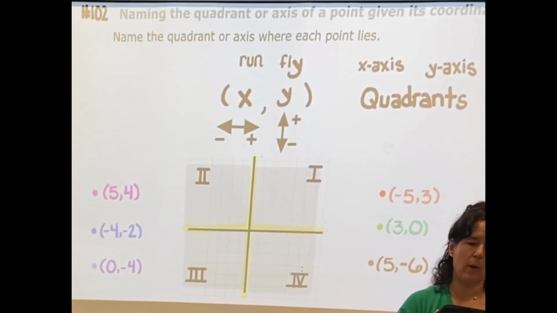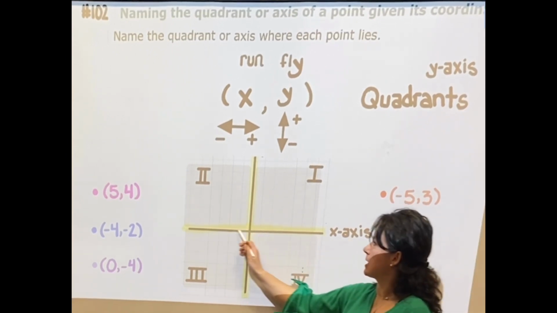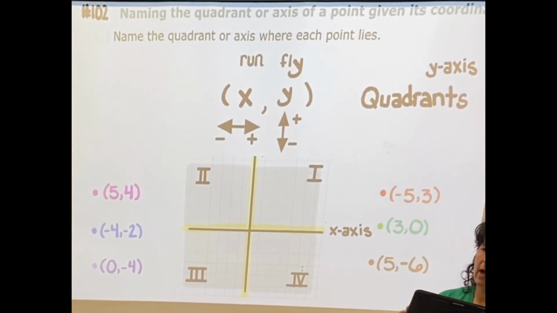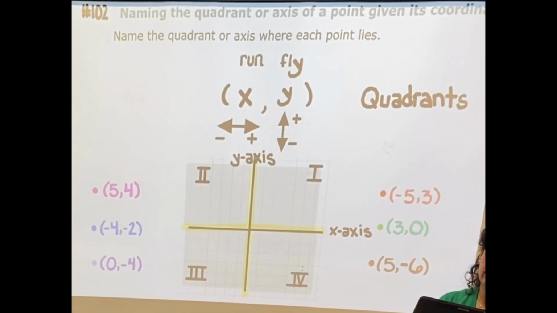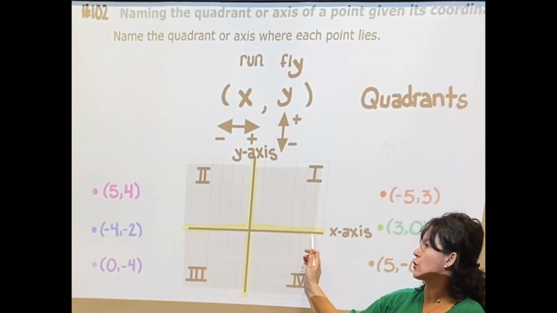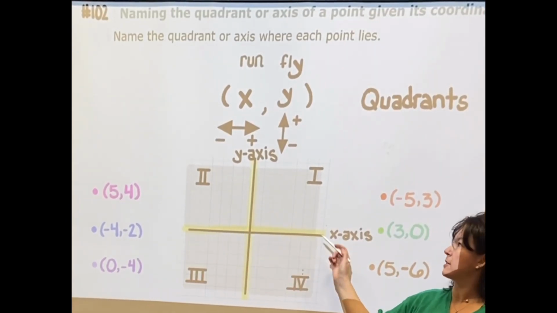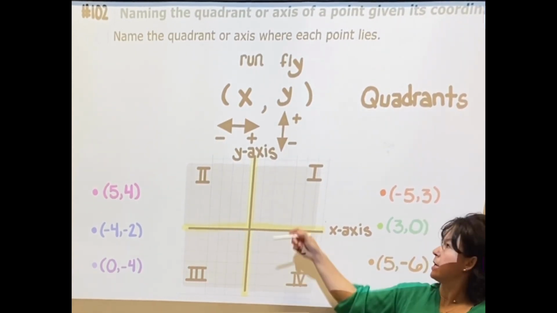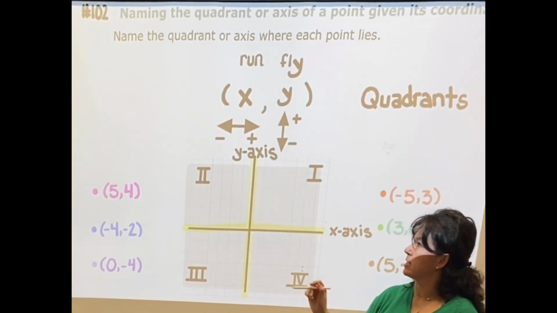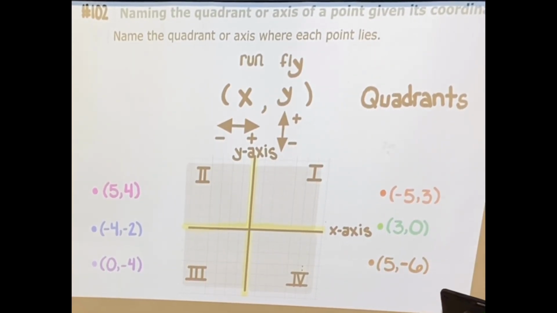Okay, then of course we have our x-axis. So our x-axis is here. And then the y-axis is here. So if the point shows up on the line, then you say x-axis. It's not in a quadrant. And if it shows up on the y-axis, it's not in a quadrant. Okay, once you know where your quadrants are,